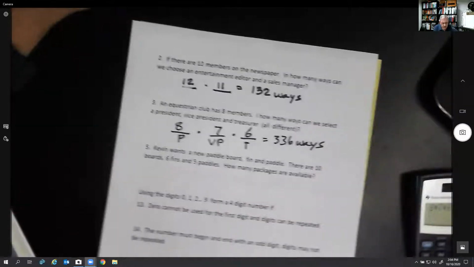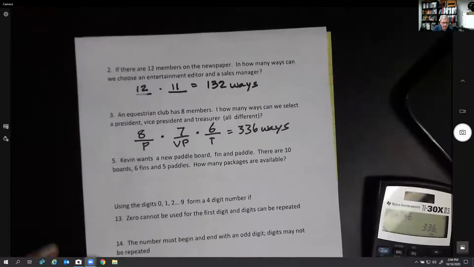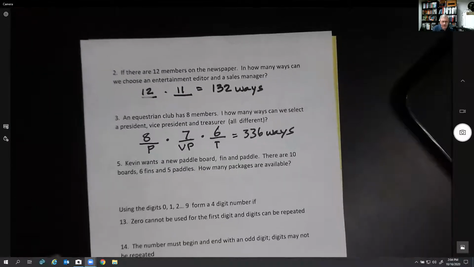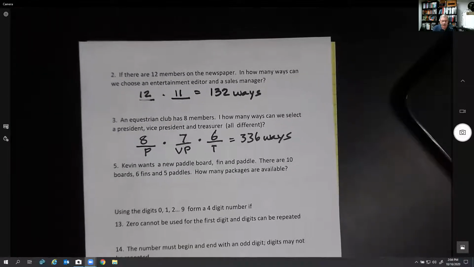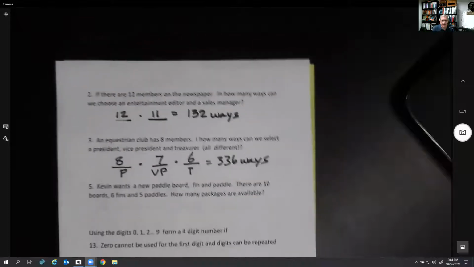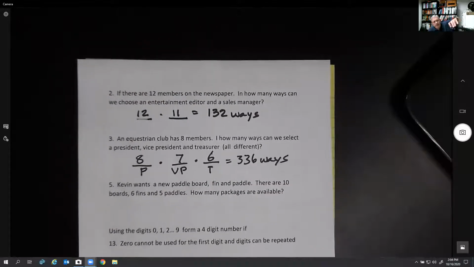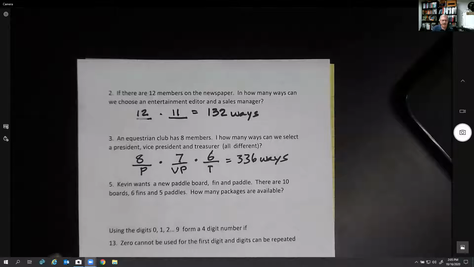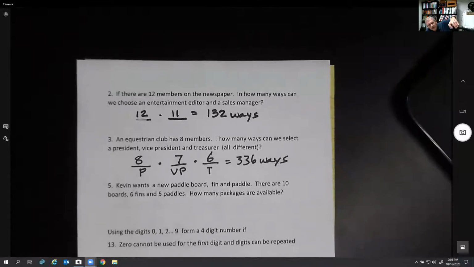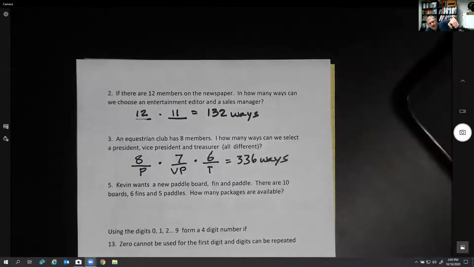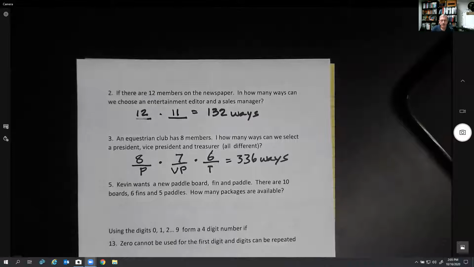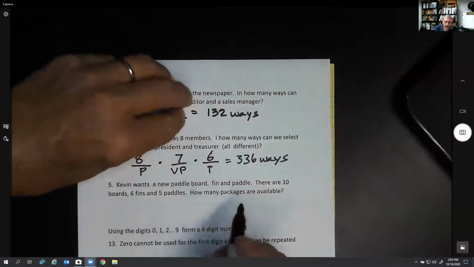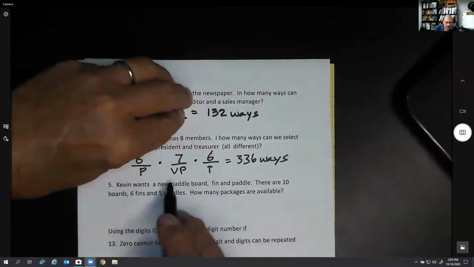Why is this going so crooked? I don't know. Here, that's better. Let's see if I put a little light on here. This helps. I'm going to see if I can focus it better. I don't know. Anyhow,